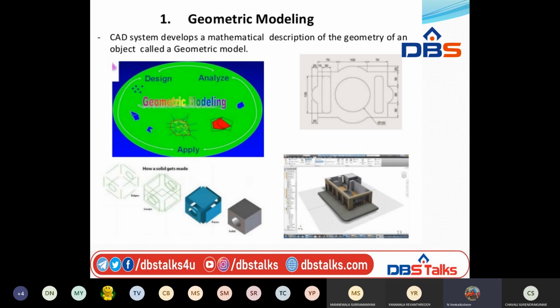So this is going from 2D to 3D. 2D is also a geometrical modeling and 3D is also a geometrical modeling, which follows some mathematical description. In 2D we mention the representation, and in 3D we also have to represent the geometrical dimension as we extend the object to so and so length. This is one of the representations of the geometrical description.